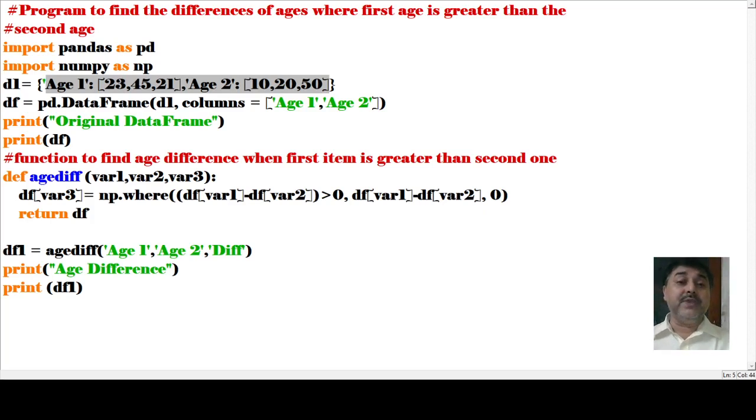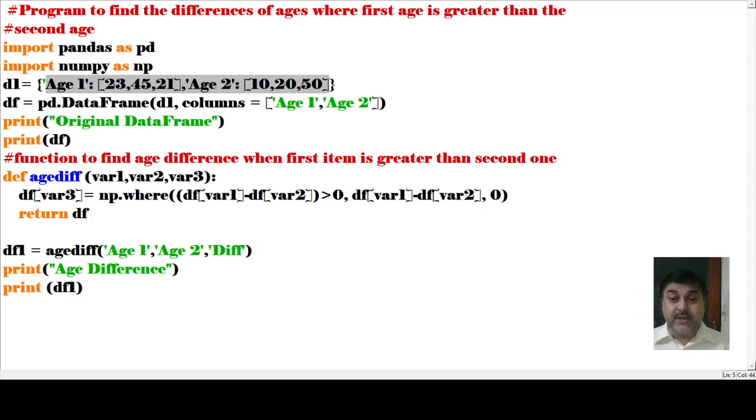Now, when we have that data orientation, we want to orient it, that means we want to make different types of changes there. So print df, and the structure has been printed. Now you see I called one function, known as age difference, which takes the first item and the second item. See very nicely, df